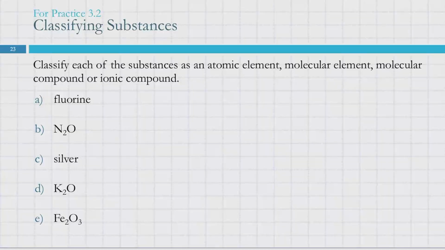Okay, we want to classify some substances. Classifying substances is critically important because the way that we classify a substance determines what name system we use. So different types of substances have different name systems. So starting off,